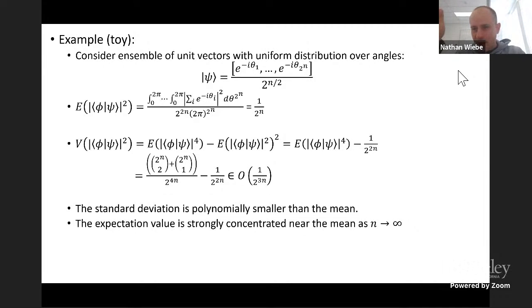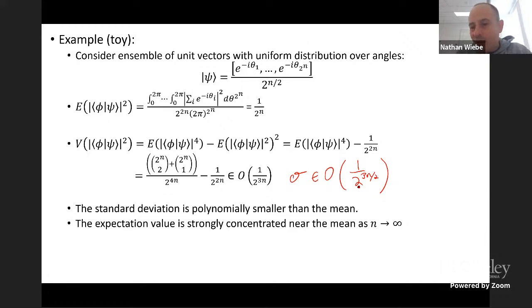Now, let's assume that psi is a random state of the form given above, with angles going from θ1 to θ2^n. We have all of these different components, and these values theta are chosen at random. If we average over all of those angles, we find that the expected overlap between these two states is 1/2^n. However, if we go through the exact same calculation for the variance of that expectation value, we find that the variance is 1/2^(3n), which means that the standard deviation is on the order of 1/2^(3n/2),